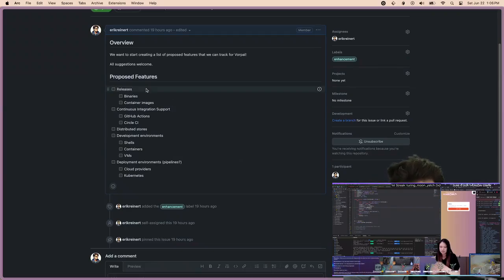build software with Vorpal, whether it be locally or in CI. You could cache software with Vorpal, whether it be locally or remotely somewhere else. You can develop with Vorpal: shells, containers, VMs. And then you can deploy with Vorpal, which is like creating, again, pipelines or,